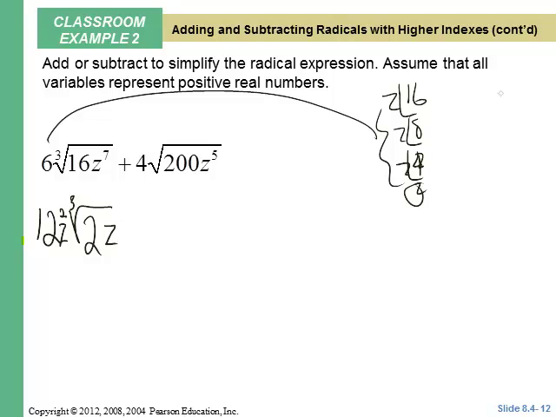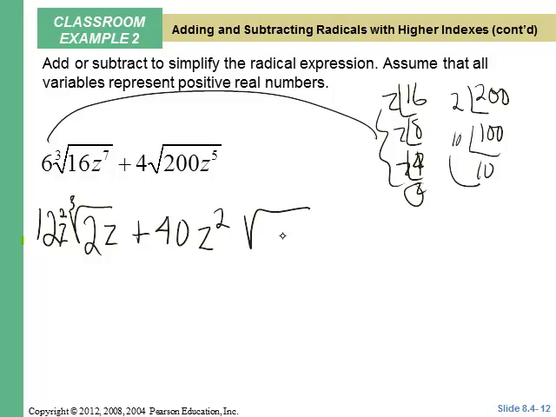Okay, so square root of 200, 200 divided by 2 is 100, divided by 10 is 10, so that's a pair of 10s on the outside, but there's already a 4, so that's 40, z squared, square root 2z, 2z. Now remember,